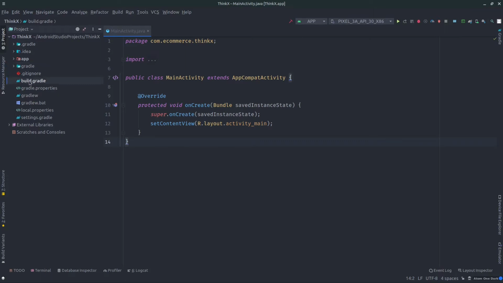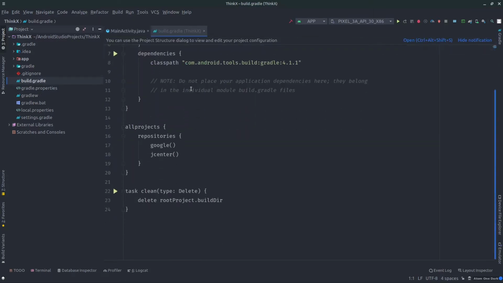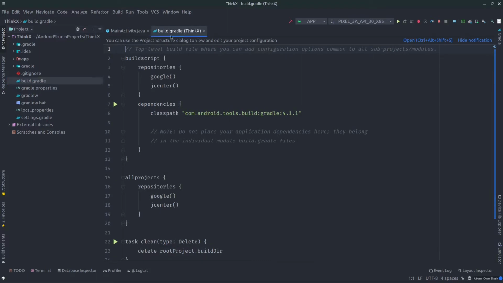Then we have the build.gradle file. This is a very important file. If you double click, it will open a file something like this. Now you can see on the top it says build.gradle, and in the brackets it says ThinkX. The reason it says ThinkX here is that this build.gradle belongs to the ThinkX project.